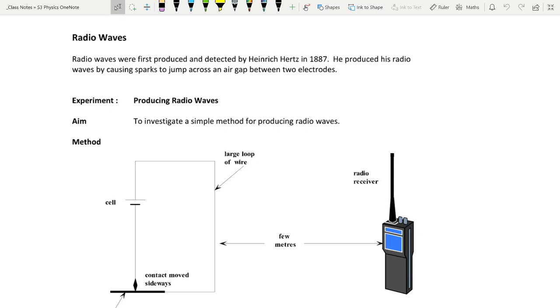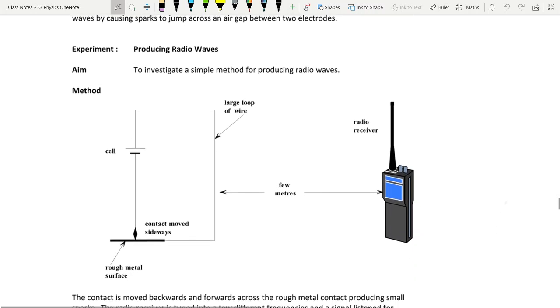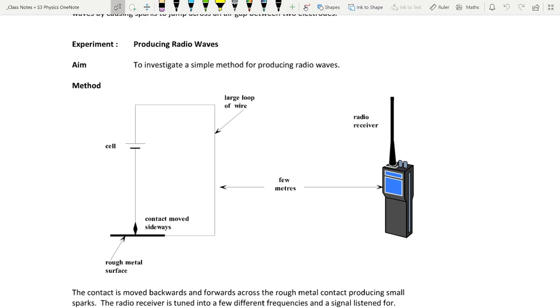He produced radio waves by causing sparks to jump across an air gap between two electrodes. Basically, if you have an old style radio, not one of the digital ones, and you make sparks, the old style radio will pick them up. The very basic radio messages could be like Morse code, but using sparks. And what I have at the front is an old style radio. So if I turn it on,